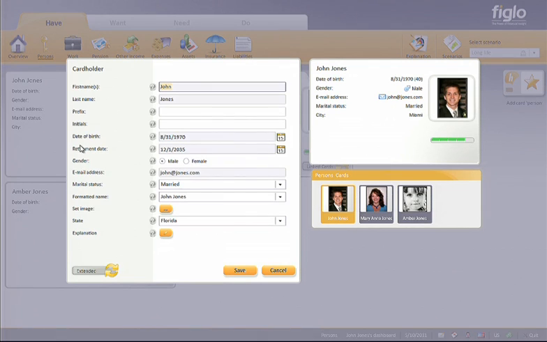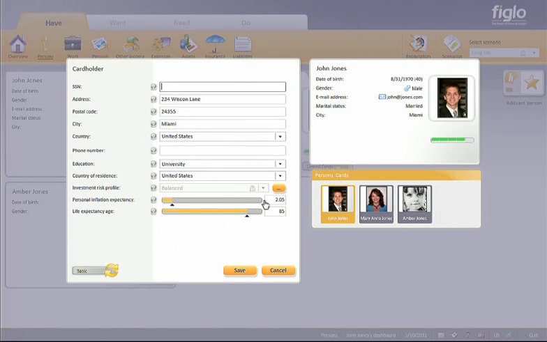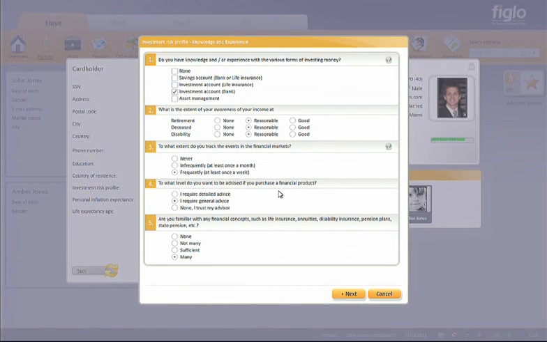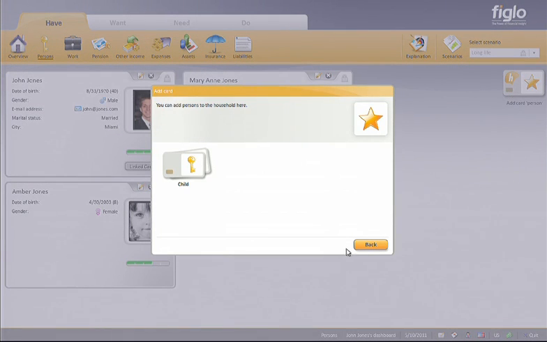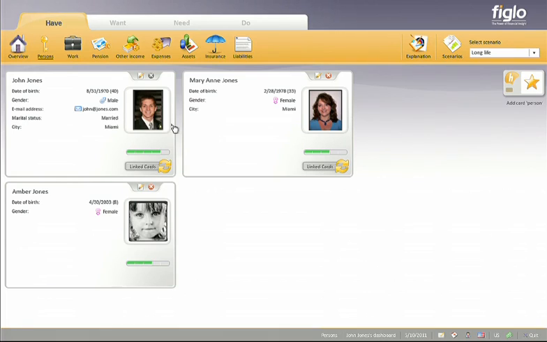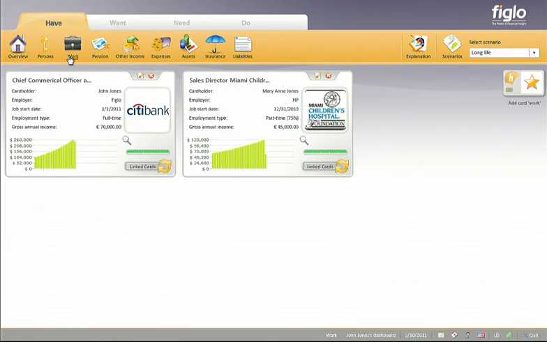We can pull up a lot more information about John, bring in any standard information, like where John lives. We can also extend this further and kick off a risk profile analysis of John and figure out what investments John likes to work with. Adding a different person to the account is pretty simple. Just click through the interface and you can go through and add people. We can also enumerate other assets here, like where they work.